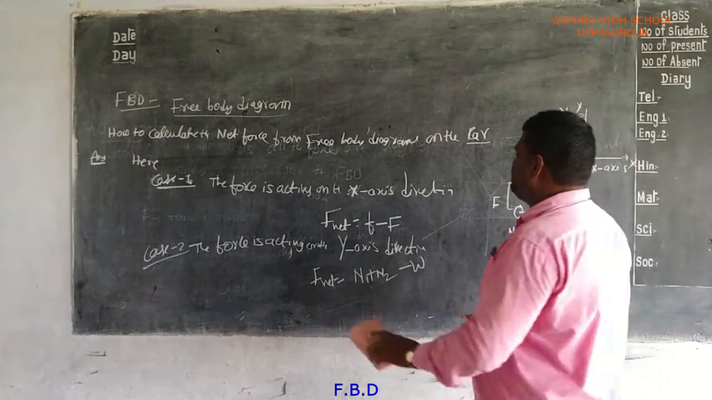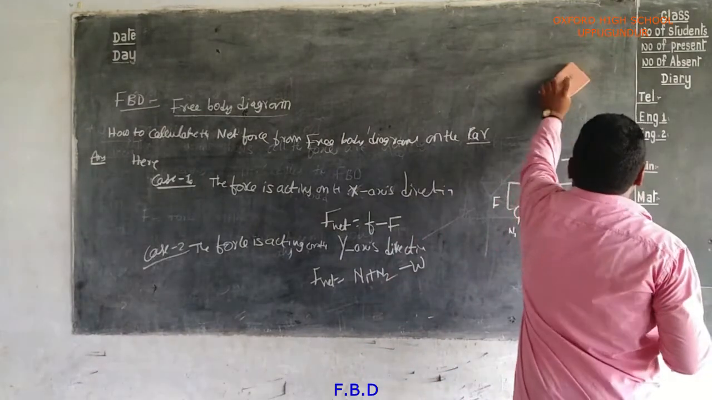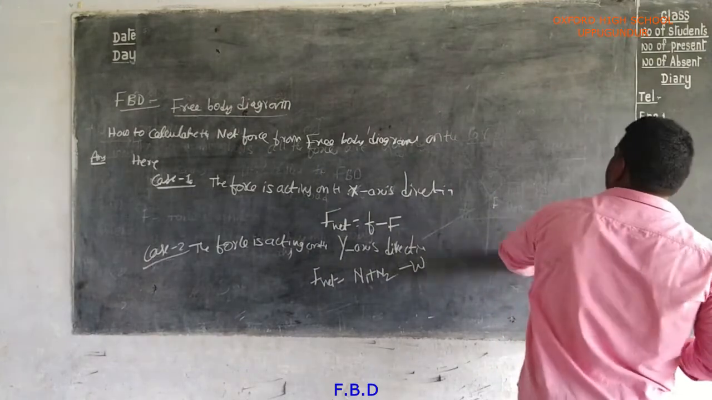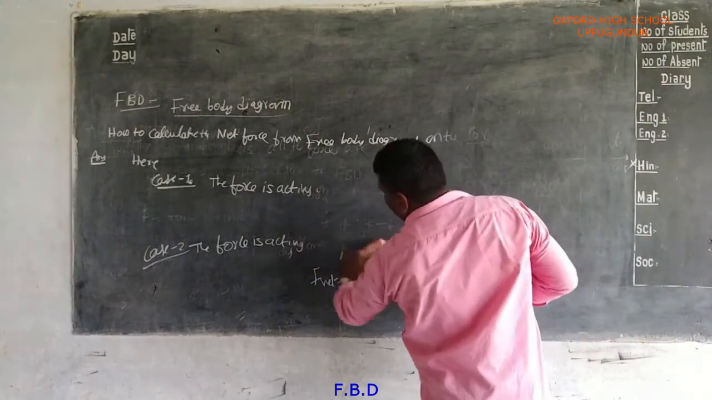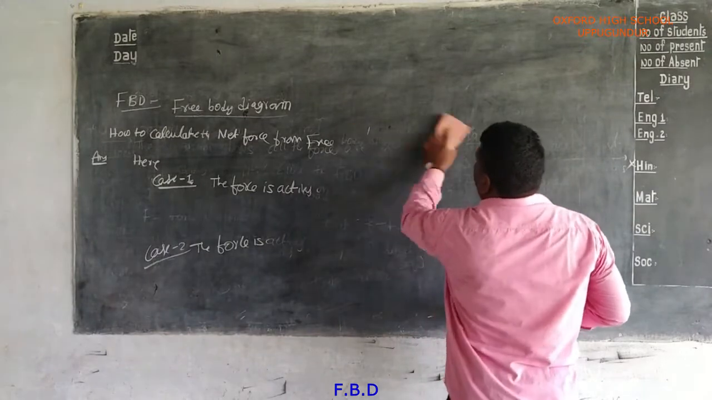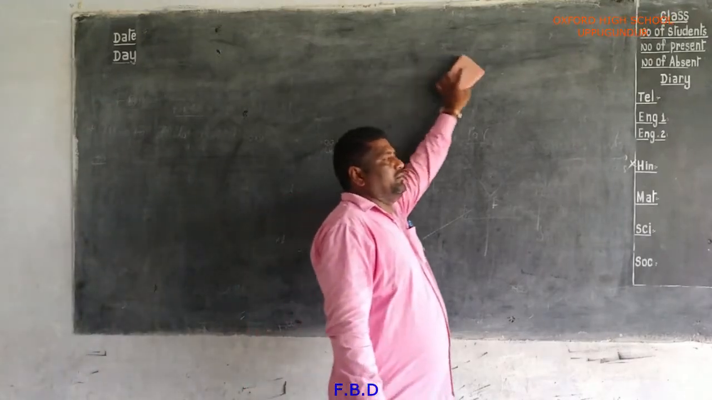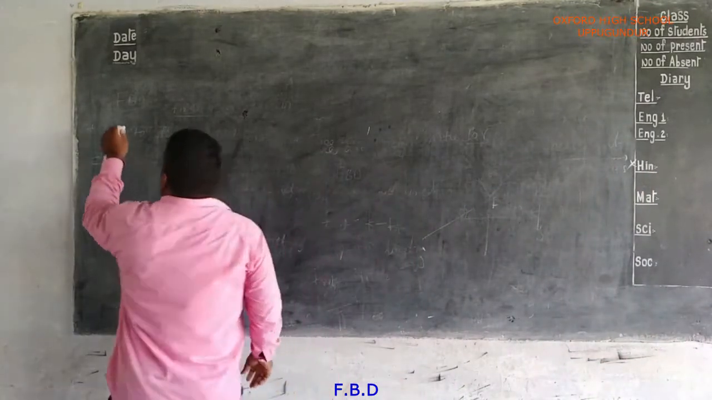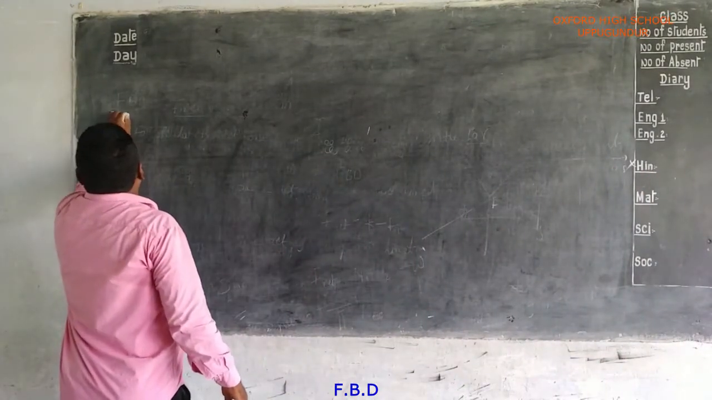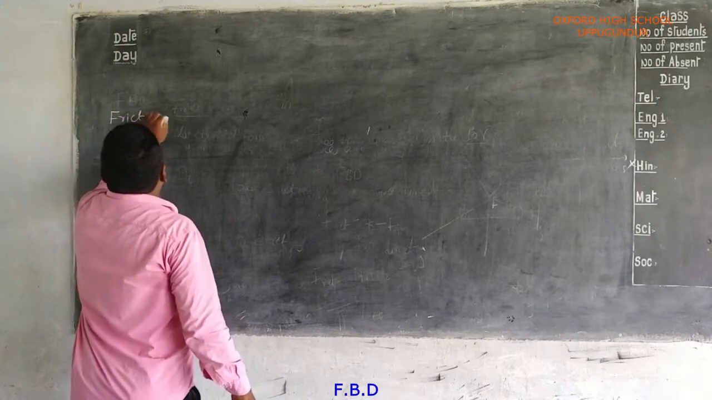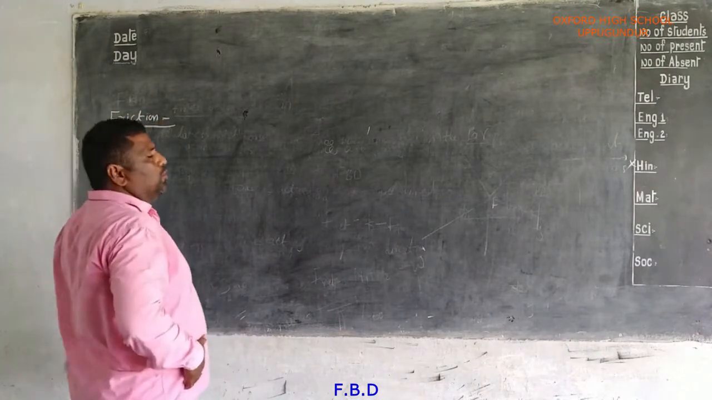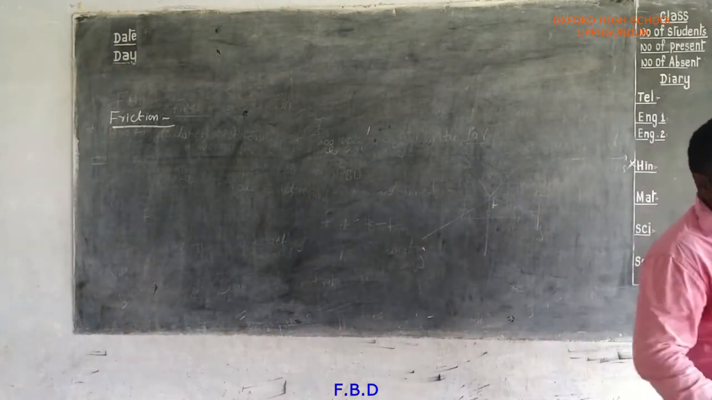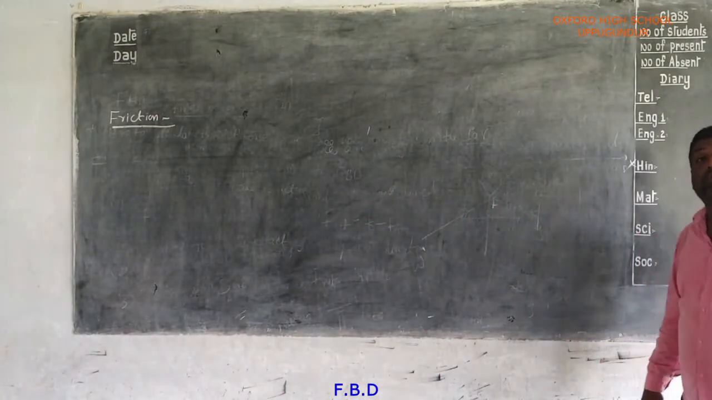Next we will take another topic, which is friction. First of all, what is the definition of friction? The resistance to movement of one body